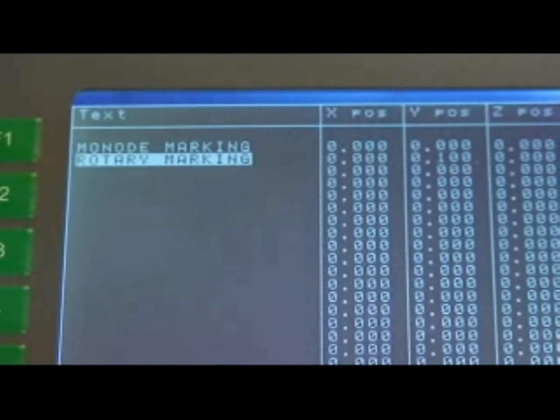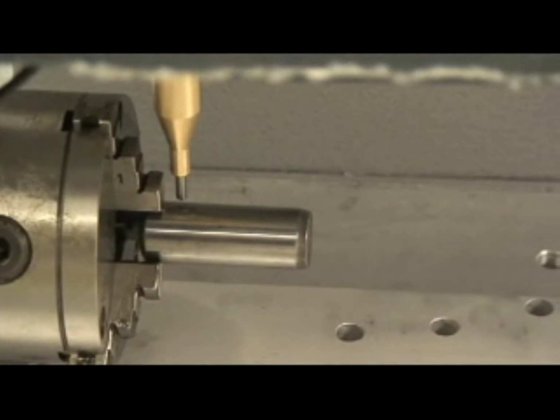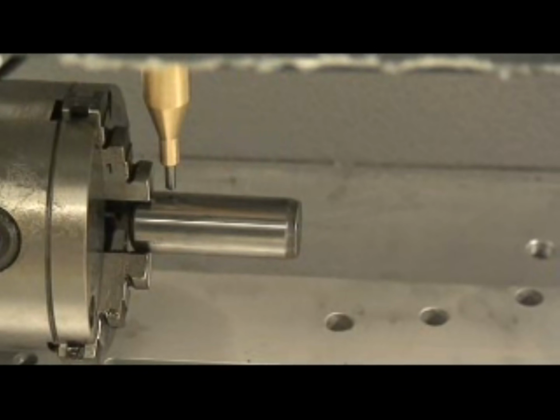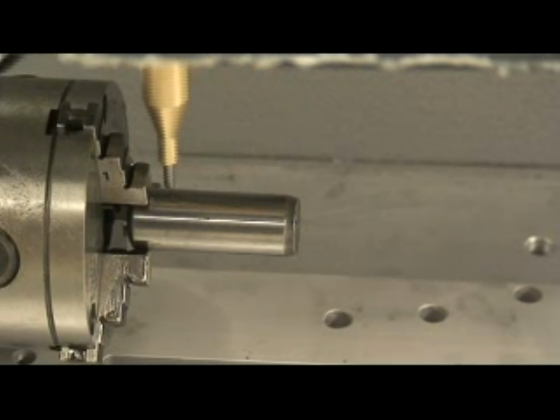And basically if I hit left or right, it'll trace a box around that line. So if I come over here, if I hit left or right, it'll draw a box around that text. Go up to the top line, left or right, it'll draw a box around where that text is going to be. I can see that it's going to fit on my part correctly, so I'm not wasting a part or scrapping a part. I can actually see where it's going to happen, and then I can move on. So if I back out of here,